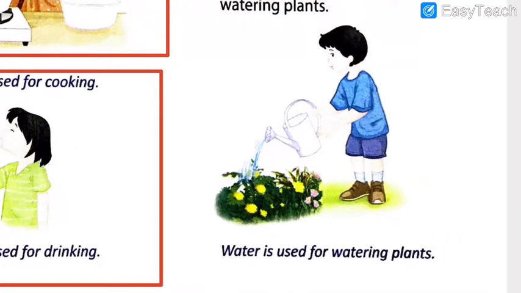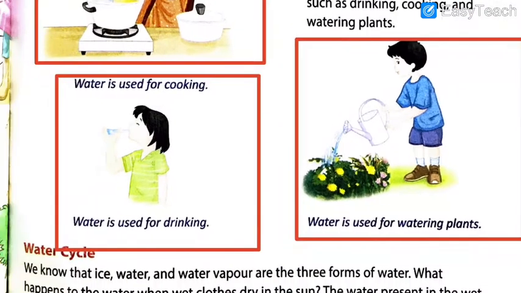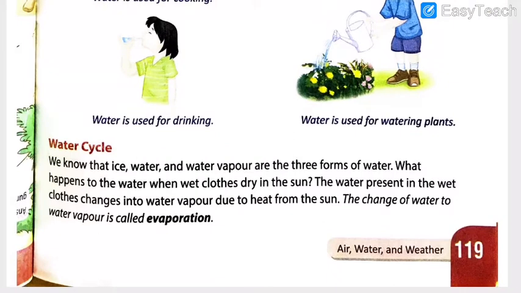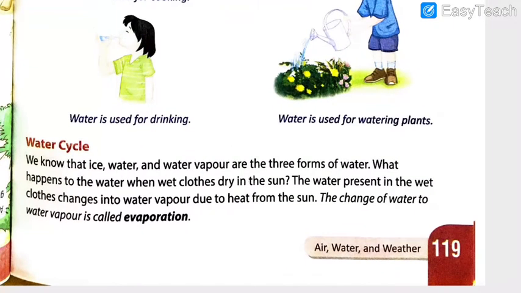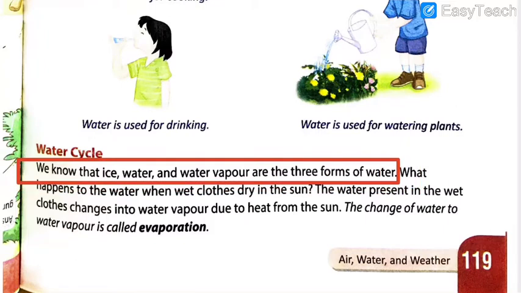We use water for various purposes such as drinking, cooking, watering plants, taking a bath, washing several things, and many more things. If you look at the image, you can recollect the memory of seeing your mom in the kitchen cooking the food. Now ask your mom, in how many varieties of food do you need water? She would say in 99% of the varieties. Water is needed even to cook the food.